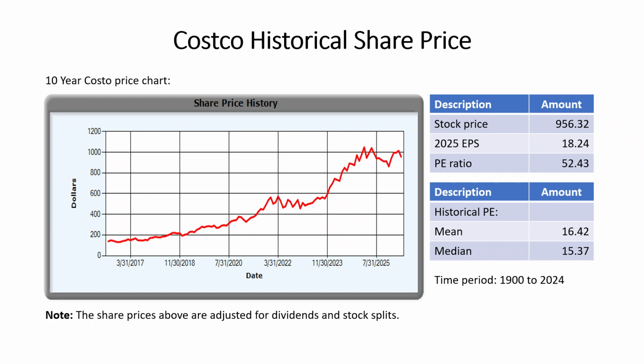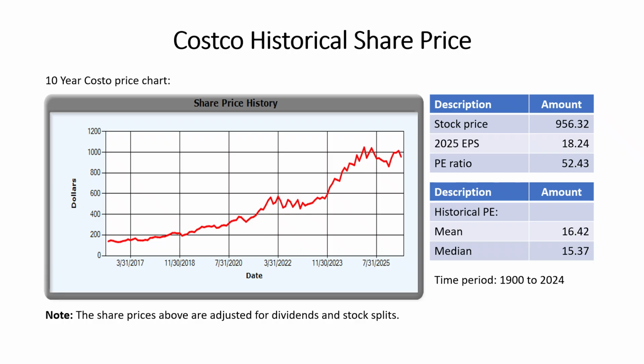And then we see that you have basically two bubbles here. The first bubble was COVID, and then the second bubble was just recently, when you have this mania where nothing matters in the economy as far as stock prices go, because stock prices are completely divorced from the economic realities, which is the situation that we have now. So we're in a bubble. And that's the reason why Costco could sell for 956 when we calculate the intrinsic value to be about $400 a share.